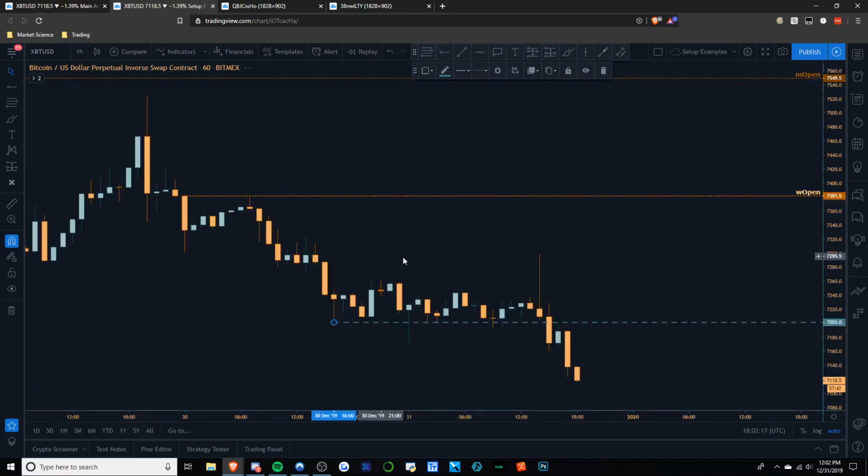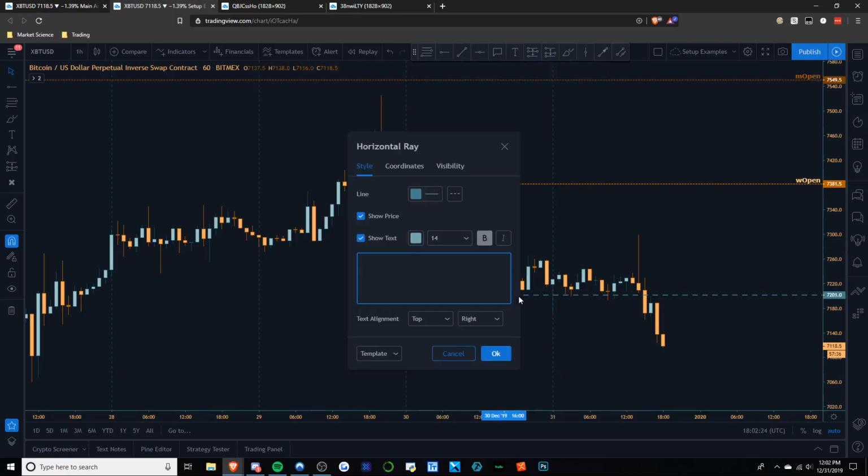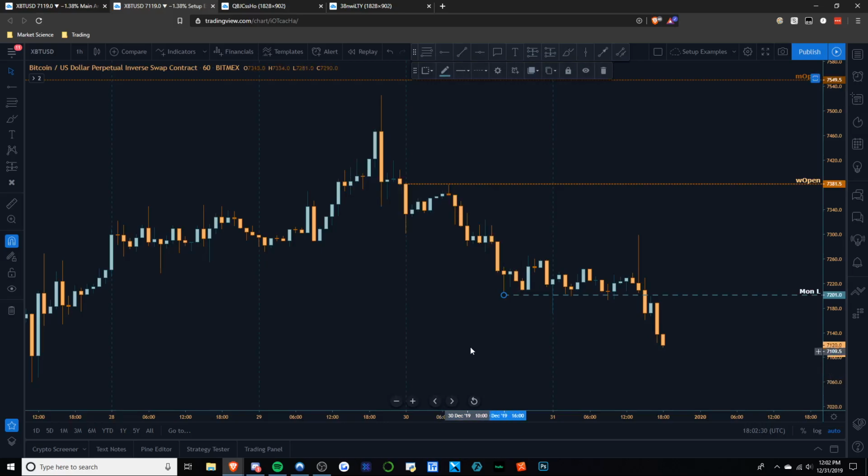Let me go to H1 real quick. Yeah, we set this low after the daily open. So this is Monday's low. And it's something I use quite a bit, Monday's range. You can see off the weekly open here, price sold off, pushed back into the weekly open, got rejected, came and set that low. And then today on Tuesday, we've taken out the low, then consolidated for a while, got